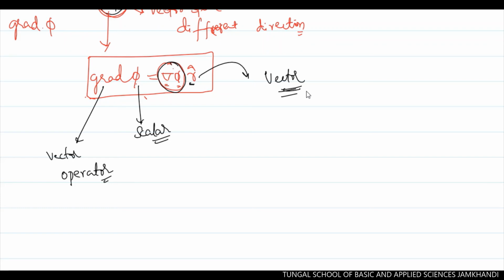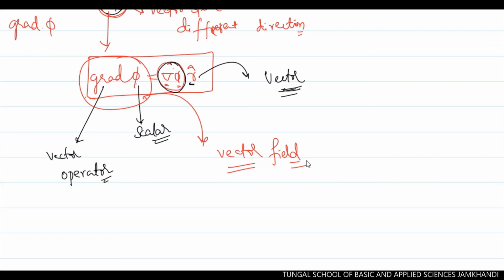Hence, the gradient of a scalar field function phi is defined as a vector field. So if you take the grad of any scalar function, it will be a vector one. That's how in electrodynamics we define this one as a vector field. Because in that particular region of space or vector space, the variation of a scalar is going to happen along all the individual coordinates x, y, and z. So that's why it's a field, it's a region.